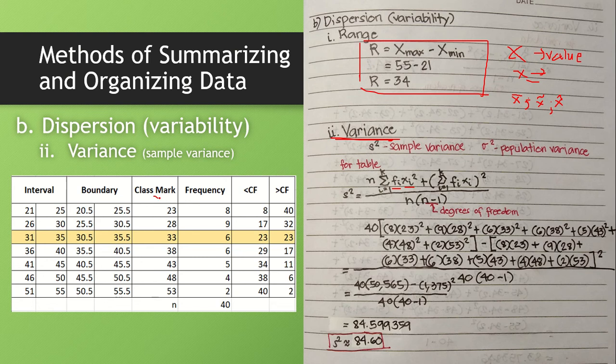So again, this is your lowercase x sub i, this is your f sub i, which means this is your x sub 1, this is your x sub 2, x sub 3, until x sub 7. So this is your f sub 1, f sub 2, f sub 3, until